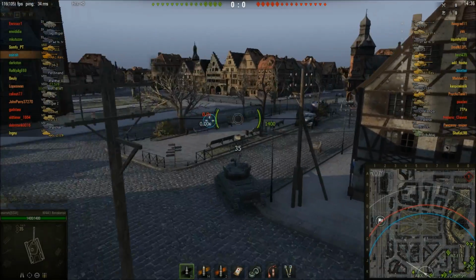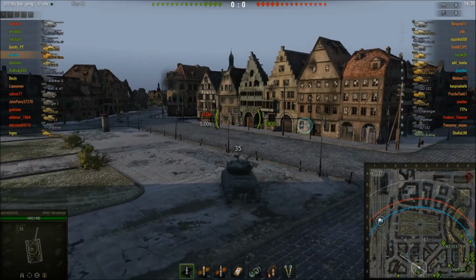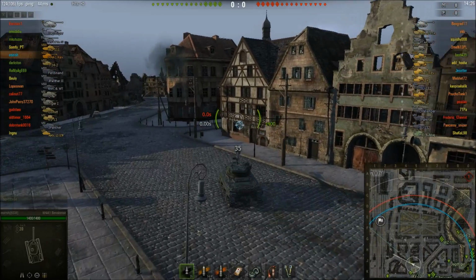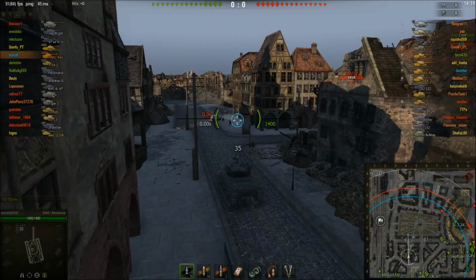The camo rating is not great. You can't really trade damage. You can't brawl in this tank because you don't have the DPM. You might have big alpha, but you don't have DPM. The aim time is huge, the reload time is huge, so there's very little, when you look at this tank